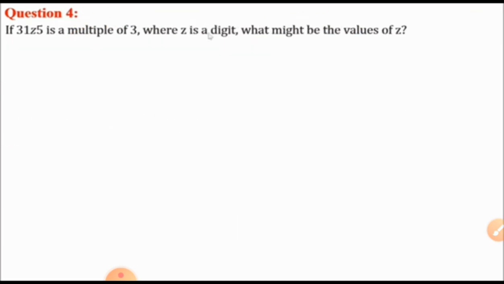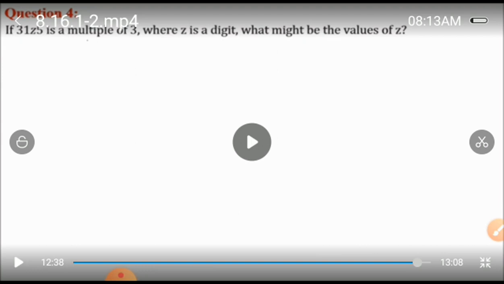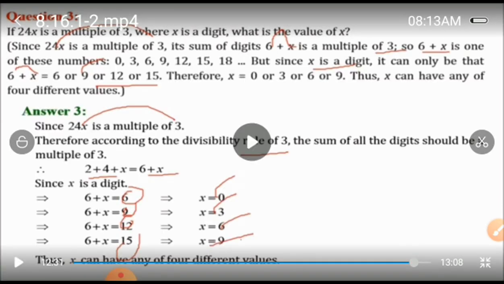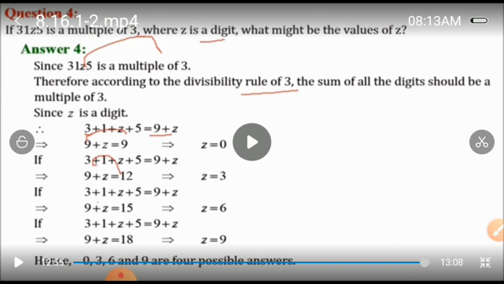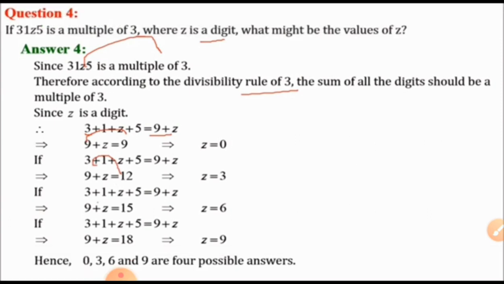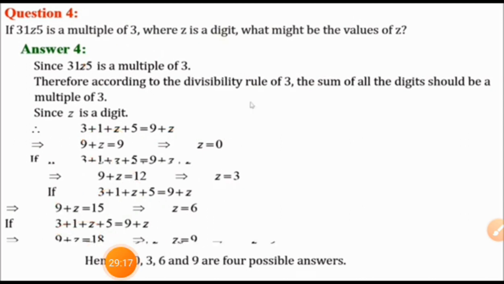My dear student, wait for a while, just a while. Once again, beta, once again. Sorry. I want to take it here. We were talking about question number 4. Multiple of 3. So z is equal to 3, z is equal to 0, z is equal to 6, and z is equal to 9. 4 possibilities are there, because if the sum of the number is divisible by 3, then that number should be the answer. That's why here 4 possibilities. First time it was 1, then 2, and now 4 possibilities for 3. Yes, correct. My dear students, these are very simple questions, and you can find out the answers.